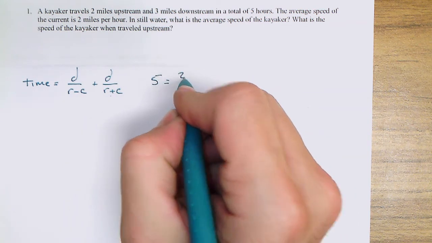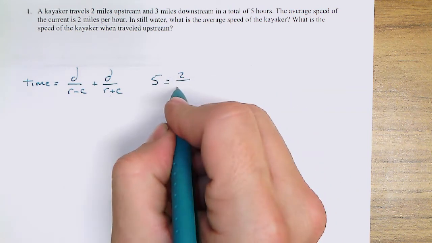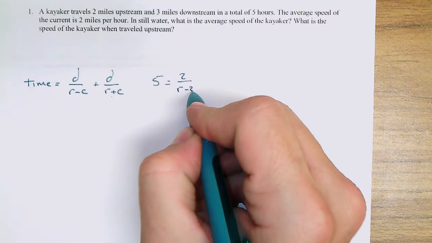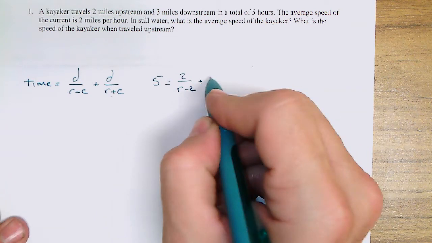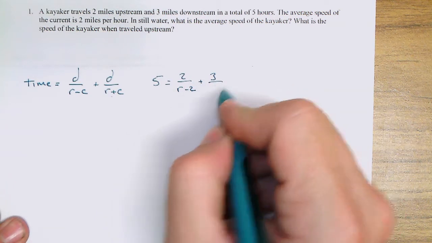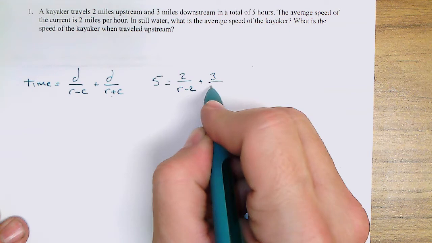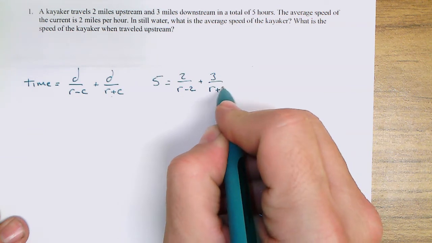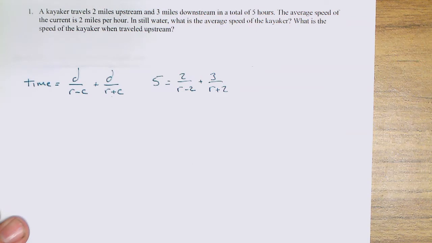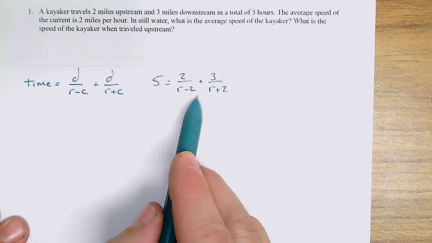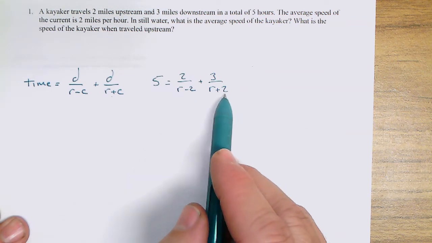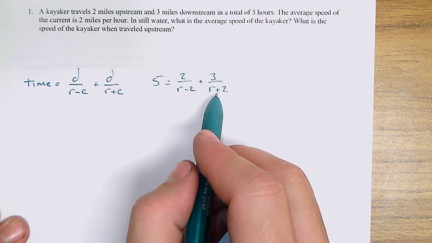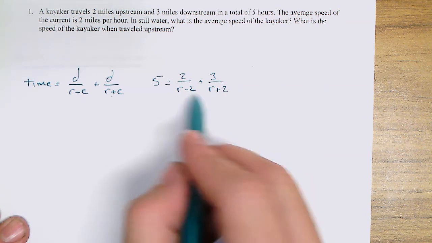traveled 2 miles upstream, so 2 miles over rate against the current of 2 miles an hour, plus 3 miles downstream when he had the current at the kayaker's back. So rate plus 2. So rate against the current, rate with the current. So now we just need to find a common denominator. So the least common multiple